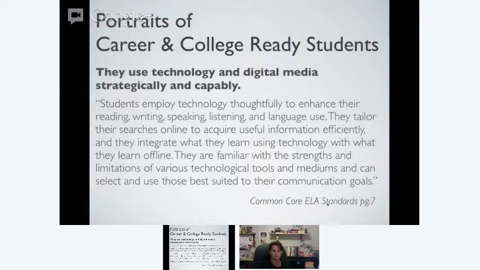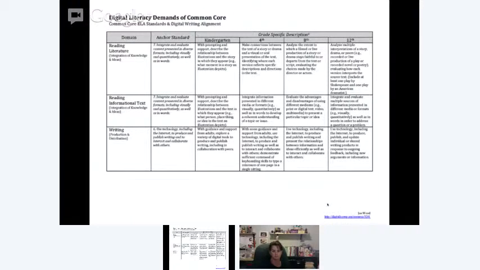So really, it's this idea of when you choose to do a blog post versus an essay versus a video versus a podcast. I think that statement's really quite fascinating because, one, the vast majority of teachers aren't completely sure how you would strategically make different technology choices. But two, also think about the level of access that kids need to have, and the experiences they need throughout K-12 education, so that by the time they are done with high school and ready for college and career, they can make these strategic decisions. So tonight, we're going to take a look at the digital literacy demands of the Common Core, specifically some of the anchor standards.